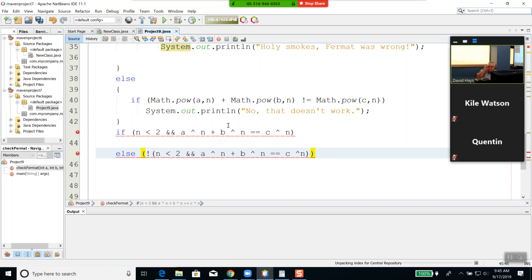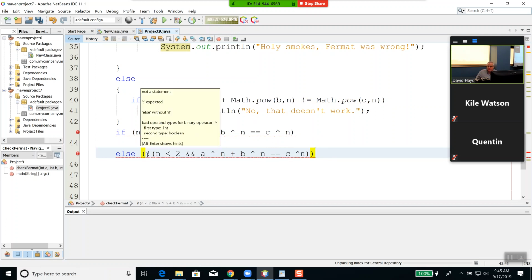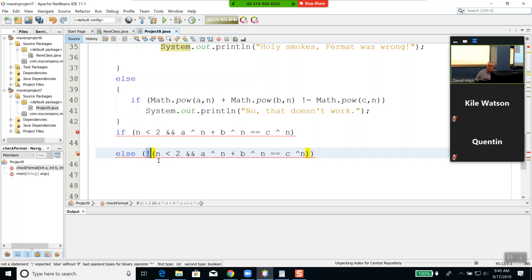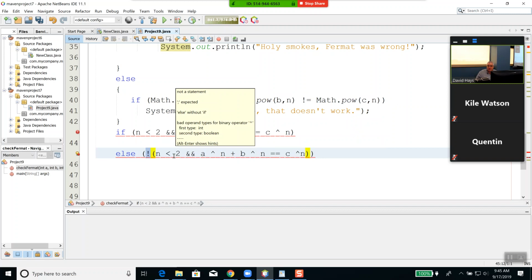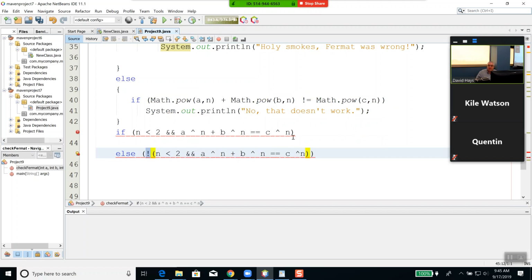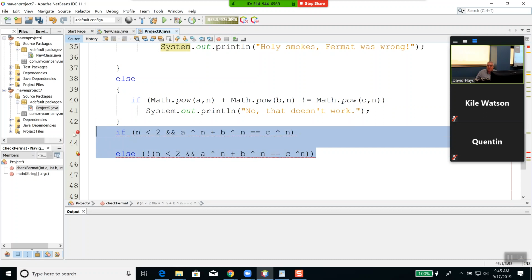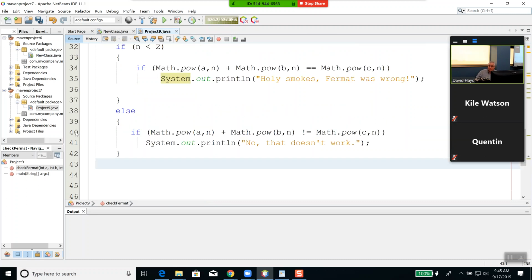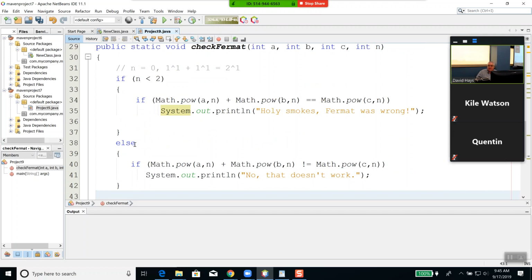And then the other issue is this exclamation here in the front. This negates the entire thing. And I'm not very good with Boolean logic, so I don't even know what the opposite of that is. If I had to guess, it's probably like n is greater than or equal to 2, or this is not equal to this, which might be appropriate. But again, I'm not very good with that negation. Unless you know it's working opposite of what you want, I usually don't put an exclamation in front of it. Okay, so this comes down here, and if n is greater than 2,